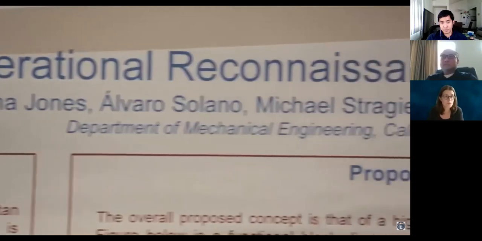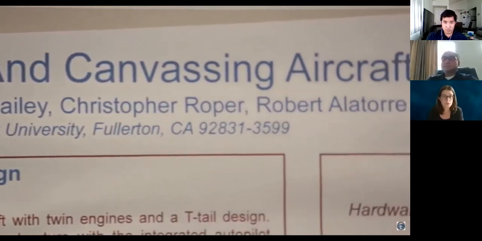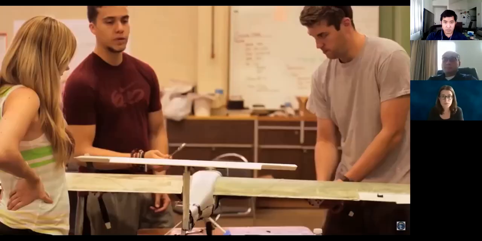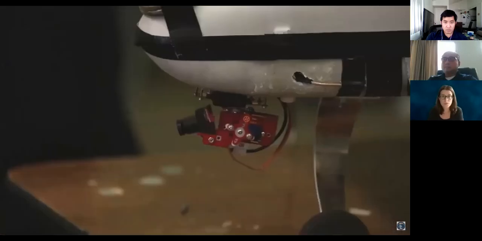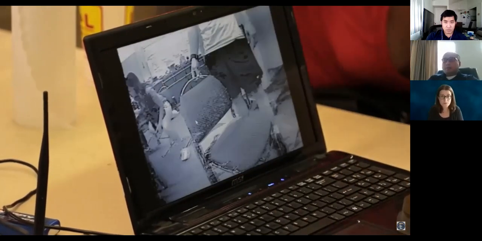As part of Project Orca, Operation Reconnaissance and Canvassing Aircraft, the drone will be put to the test in the Student Unmanned Aerial Vehicle Competition at the Naval Air Station Patuxent River in Maryland. The drone will identify targets on the ground by using the students' original software system, a challenge for the competition. And so we want to do something new and